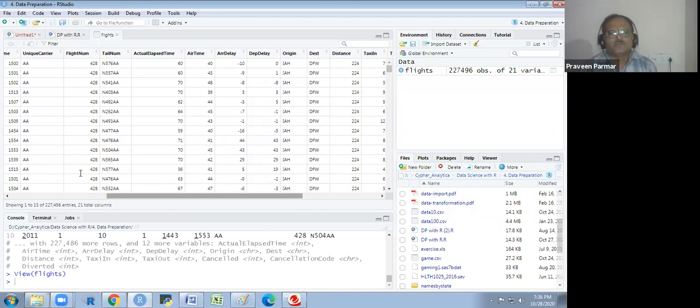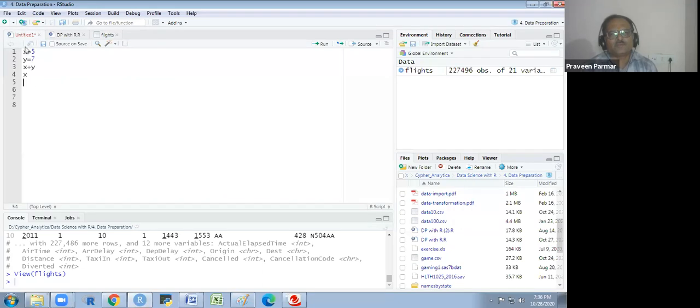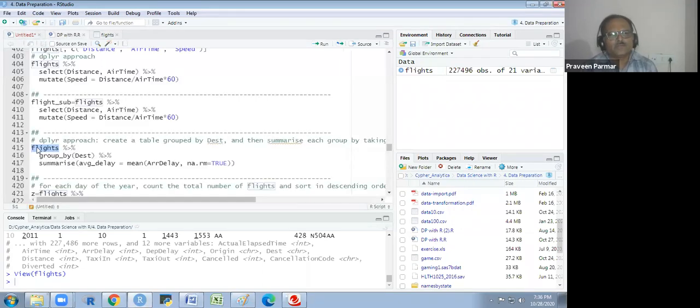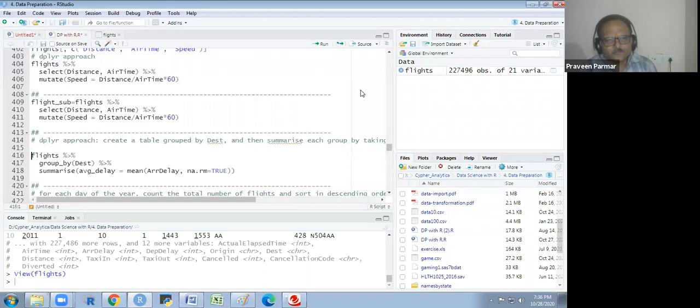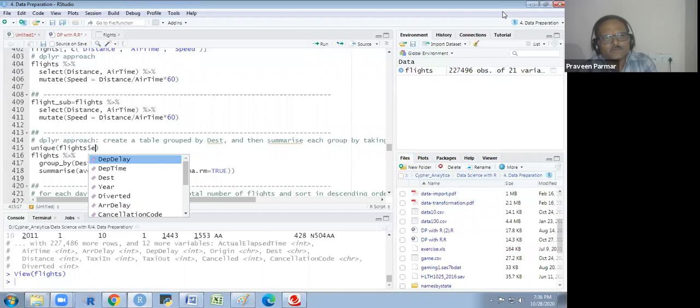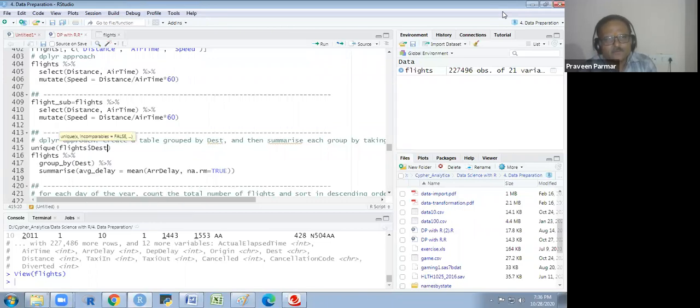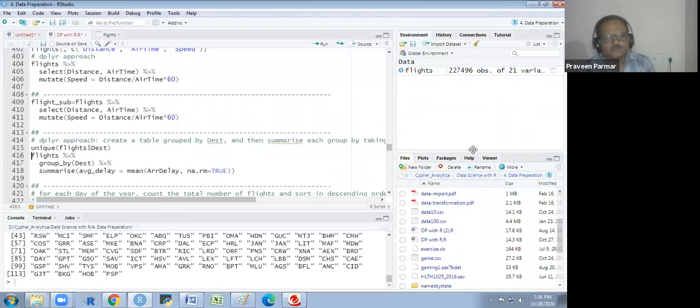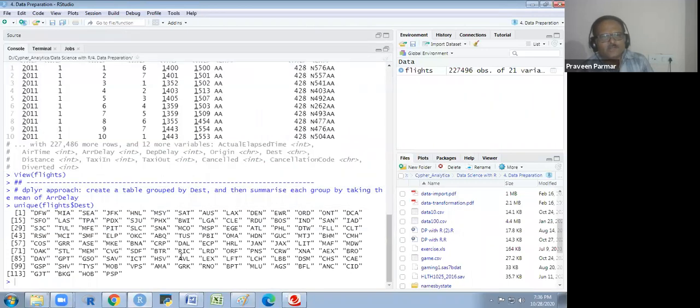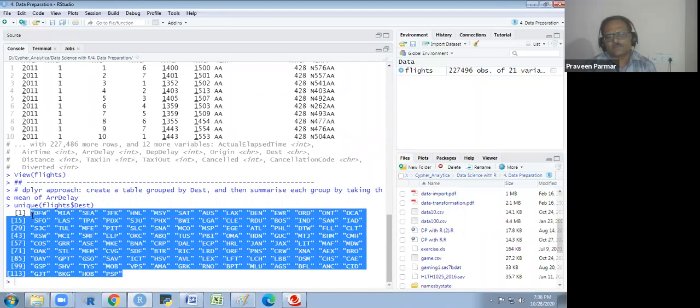I will show you how many destinations there are, so I first find the unique of flights dollar destination. There you see we have 113, 114, 115, 116 destinations.